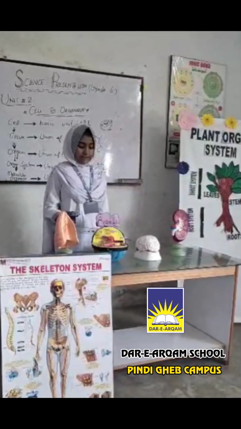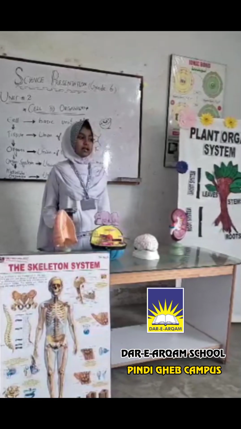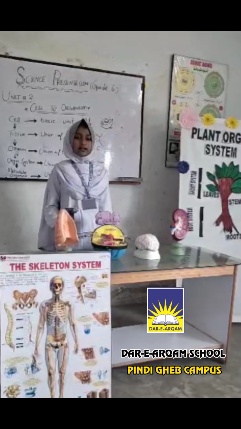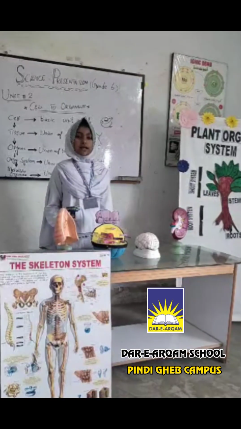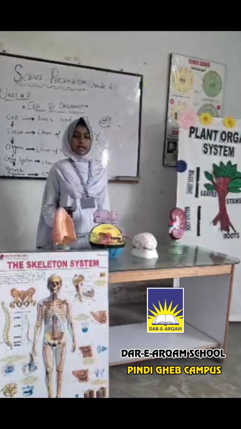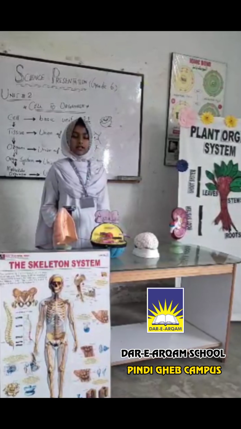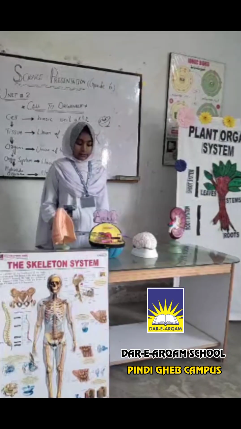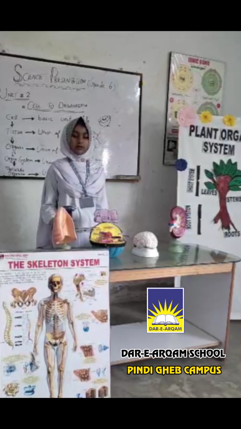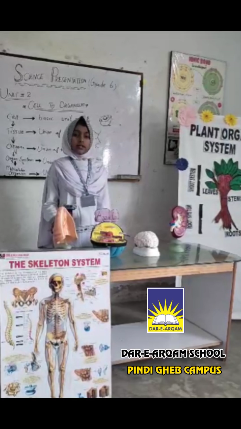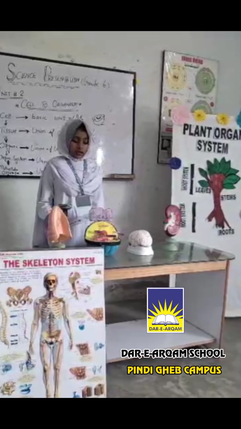This is the nucleus of the cell. Do you know what the nucleus is? Yes. The nucleus is the central controller and information center of the cell. It controls and supervises all the activities taking place inside the cell. That's why it is called the brain of the cell. It contains many thread-like chromosomes which store genetic information about the cell and transfer it to a new cell. It is found in both animal and plant cells.